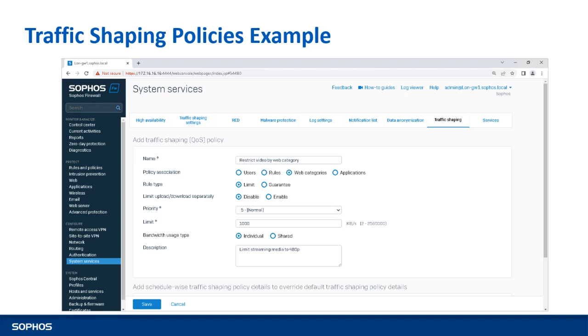We then calculate the bandwidth needed for a 480p video, 1000 Kbps, and set it as an individual limit. So each person watching a video will have enough bandwidth to watch a 480p video. Okay, finally the priority is set low, and we have chosen the priority of 5 to make sure it's processed after any business critical application. Okay,